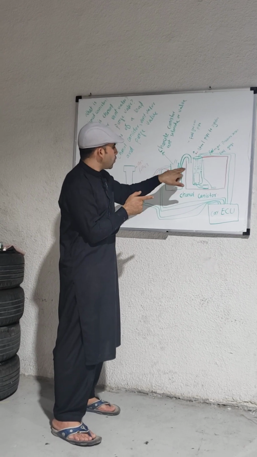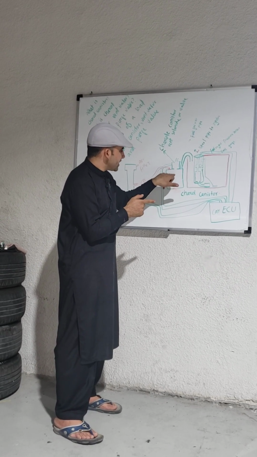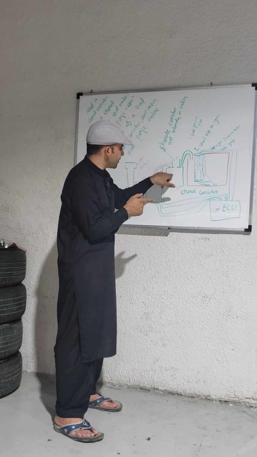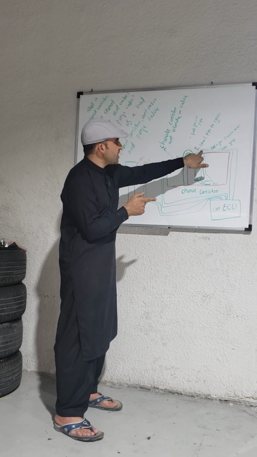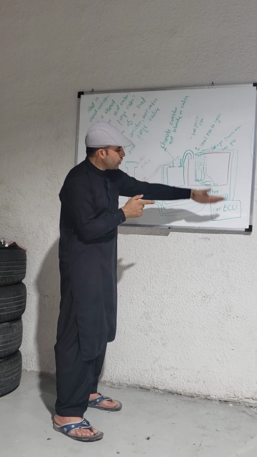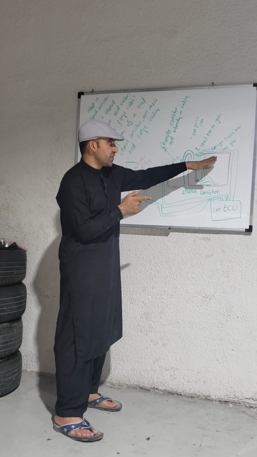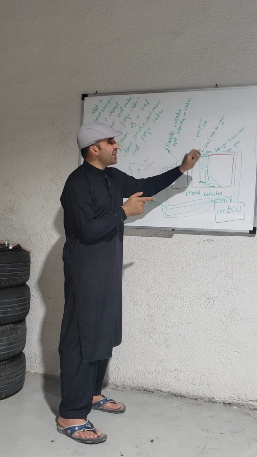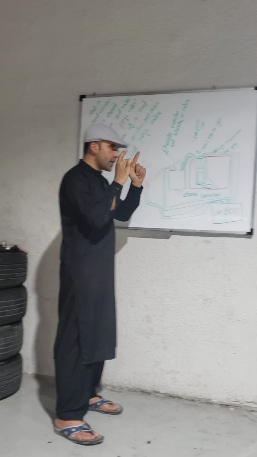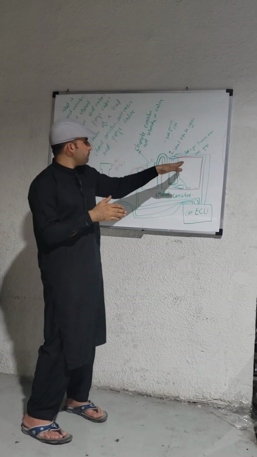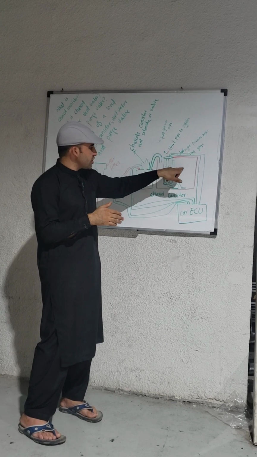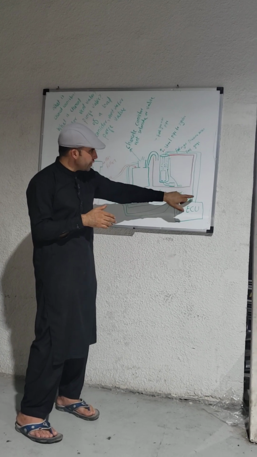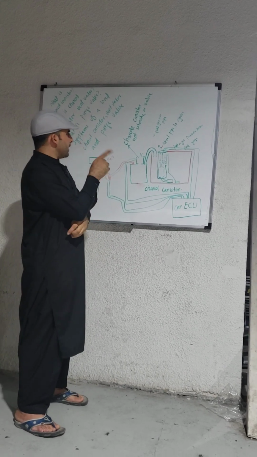Number two, when there is a problem here and the gas is not coming through, the pressure sensor will tell the ECU that the tank has too much pressure, then the check engine light will come on because it will warn you that you have some problem. So this is the pressure sensor which goes to the ECU. Number three,